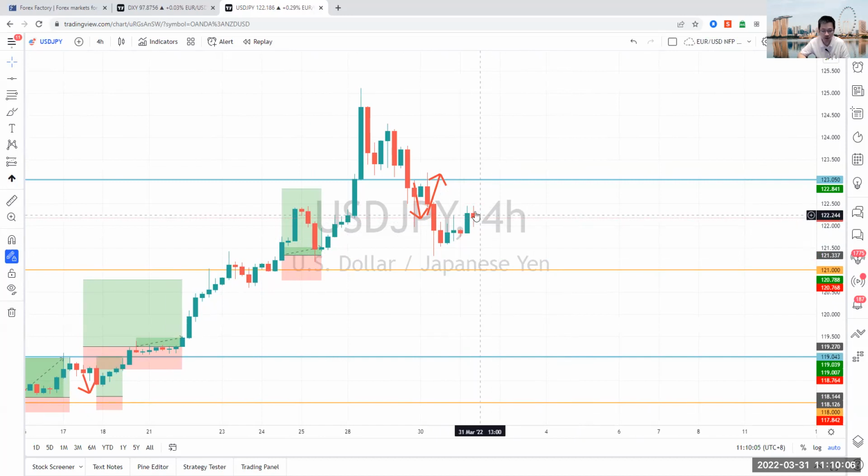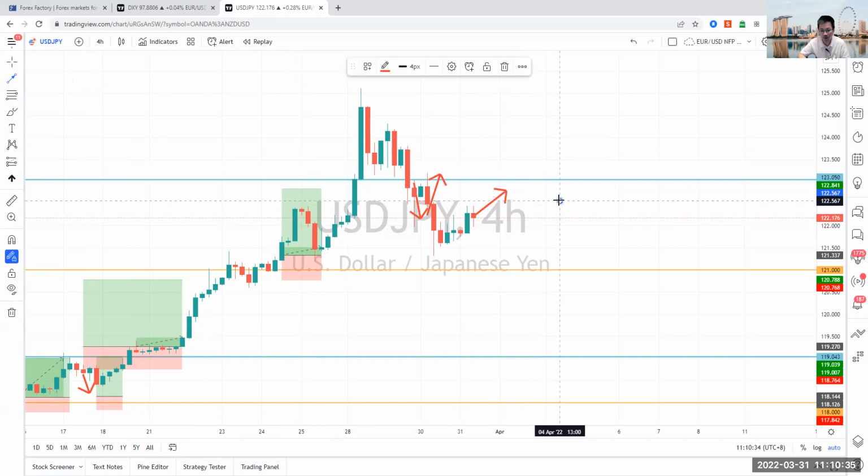At this point right now, I think that we might see the US yen bounce back up a little bit more, sit across a little bit before bouncing towards the 123 level. US yen currently at 122.19. I think that we might see it bounce back up towards the 123. I think that we might see it sit across before bouncing back up towards 123.